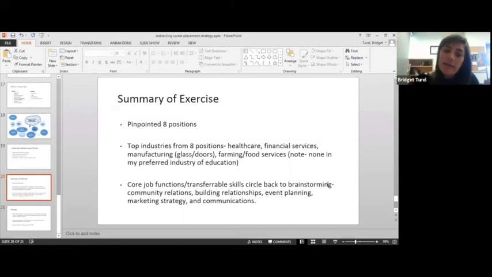But the important thing to really look at from this exercise is those core job functions that I committed to on paper, that I used for my brainstorming session and my search terms. They're all weaved throughout those 8 jobs. Things like community relations, building relationships, event planning, marketing strategy, and communications. So that gives me just a lot of positive outlook. It gives me a lot of excitement, and peace of mind to know that